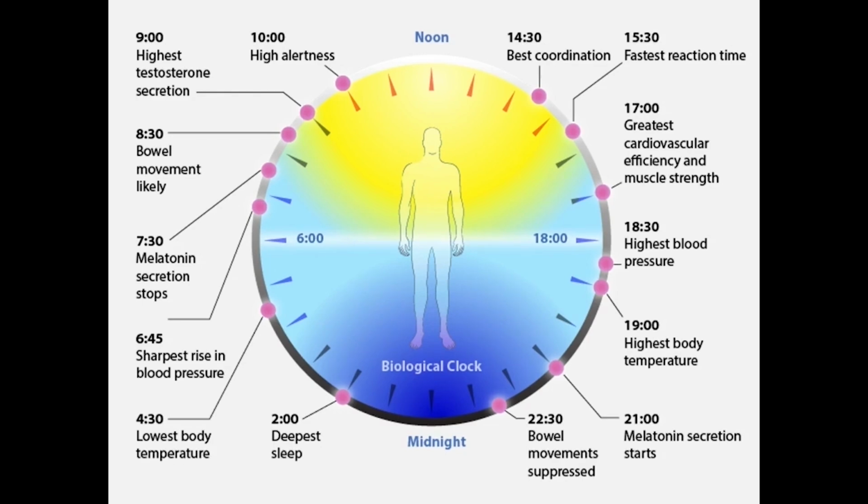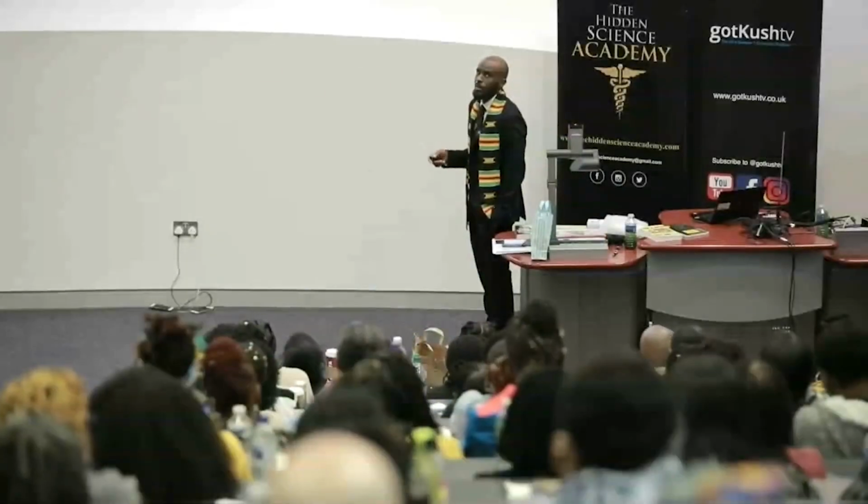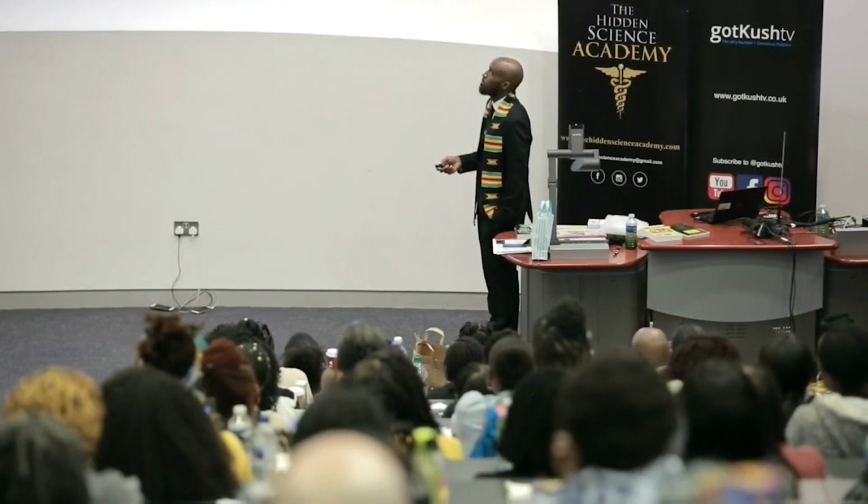Now, if they get released at different times, the times that they're not supposed to be getting released, then you'll become unhealthy because you'll have a hormonal imbalance. Now, if we just relied on our internal hormones and the sun, we'd be okay, but we don't, do we? In the UK, we rely on medication.